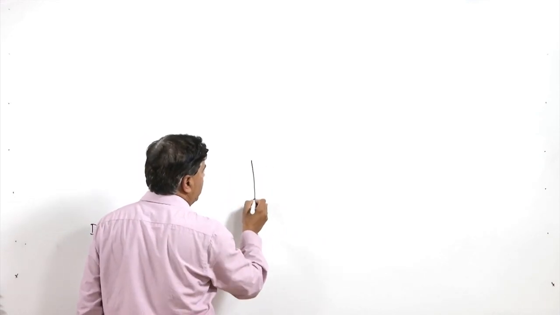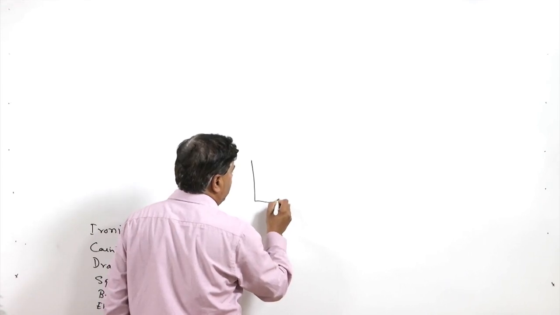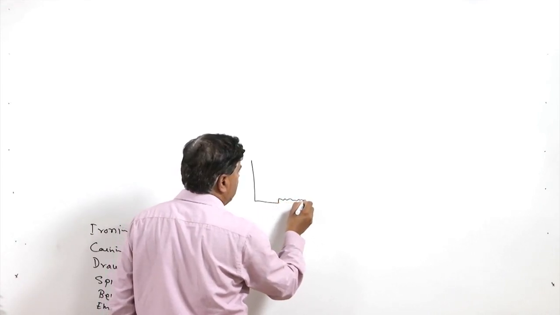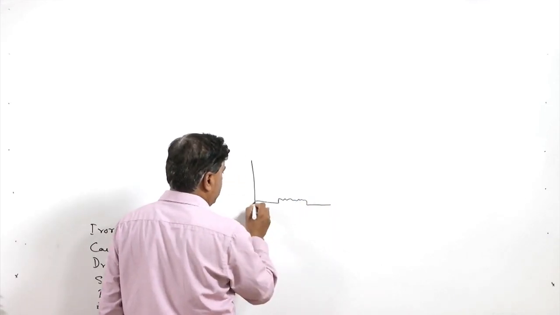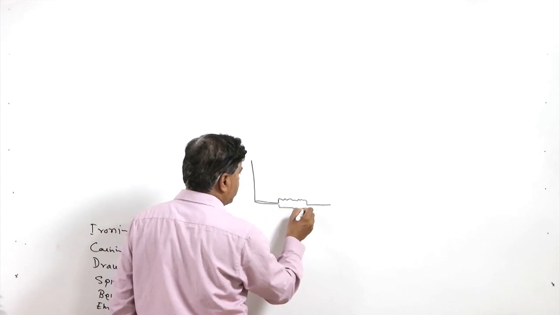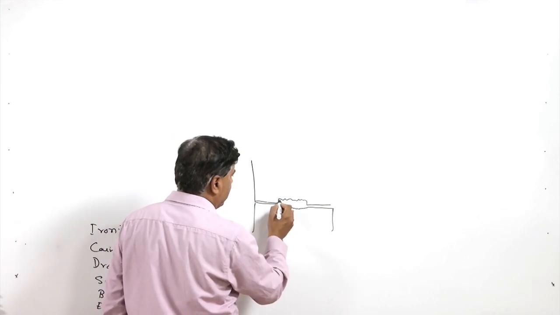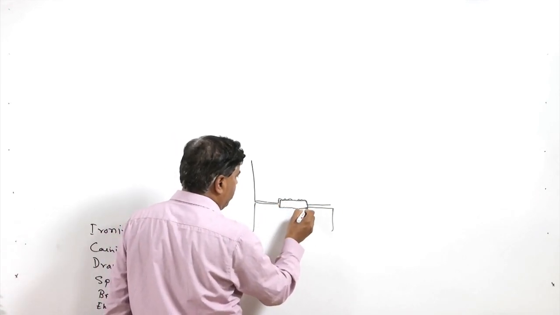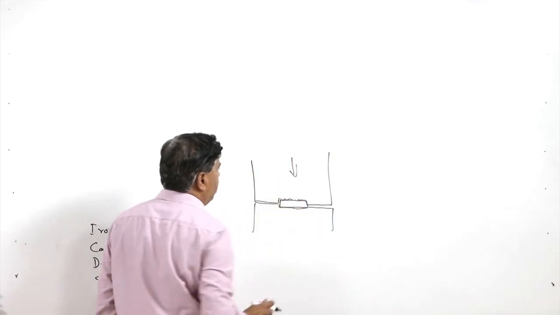Here there is one punch with the suitable impressions like this, and the die also has the corresponding impressions desired, and the metal is placed between the die and punch, and when the force is applied,